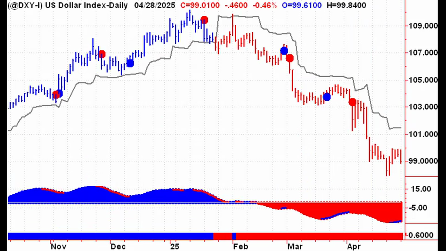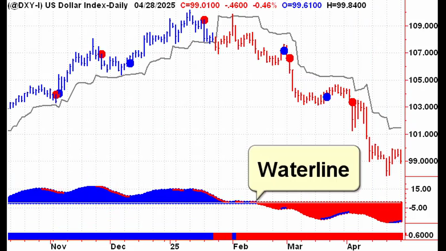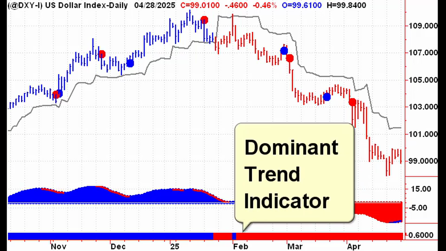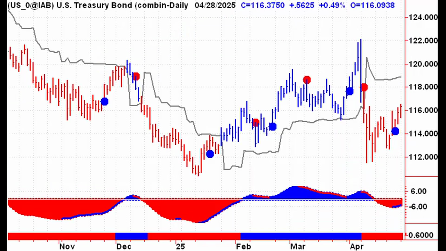We also have, if we look at the US dollar index, you can see the momentum indicator down at the bottom of the screen, and there's a water line there. The purpose of this presentation is to show you that while we are starting to move up for all the major indices, we have not really broken through the waterline just yet. So there's still more work to do on the upside. And then, of course, we'll talk about all the resistance overhead. So there's the US dollar index. And then below that, we've got the dominant trend indicator, which shows us what even longer term money is doing.